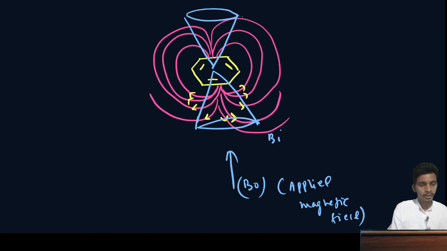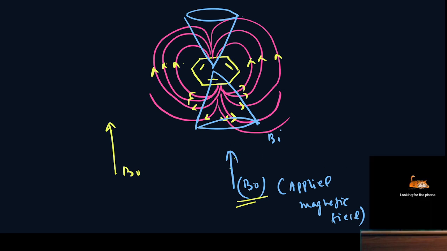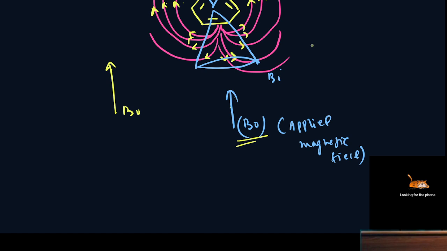Okay, so now in the aromatic systems, the induced magnetic field is just opposite to the applied magnetic field, and that is whatever is in the inner side of the cone. And on the outer side of the cones, this is the outer and this is the outer, B naught and this are in the same direction, this and this are in the same direction, but inside the cone, this and this are in opposite directions. It means that B effective